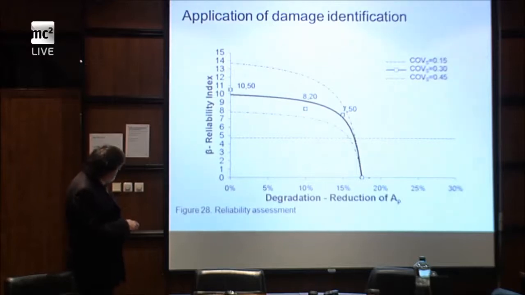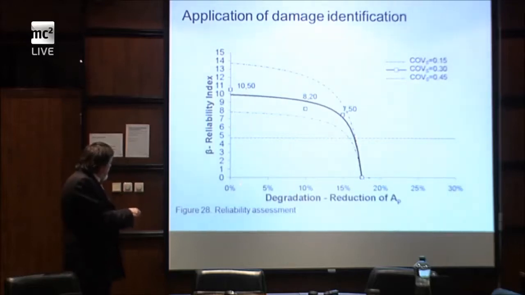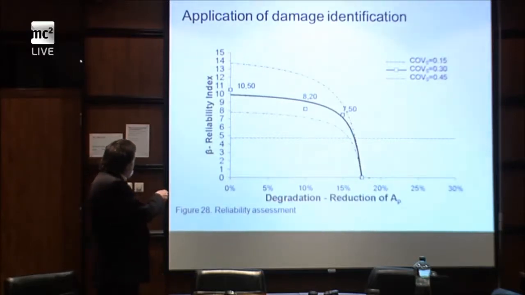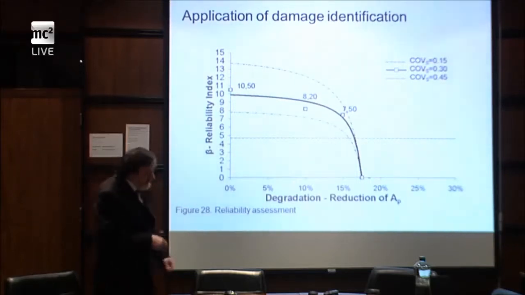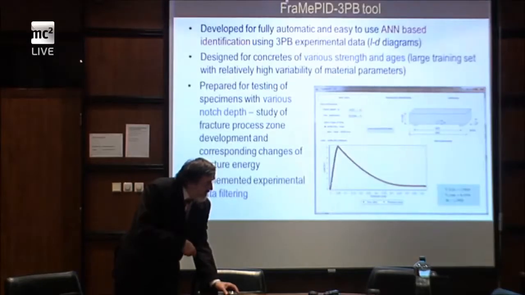reliability index profile versus degradation, reduction of pre-stressing strength in time. So degradation of carbonation, using carbonation depth and corrosion of this pre-stressing strength, were implemented in order to be able to model decrease of reliability in time. Okay, and this is for different coefficients of variation. It's just one of the outputs of that. So the aim is to identify damage and then